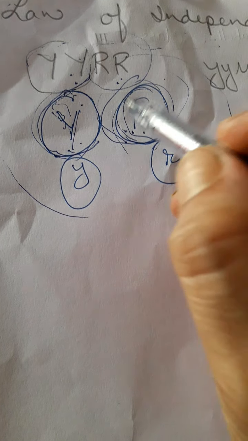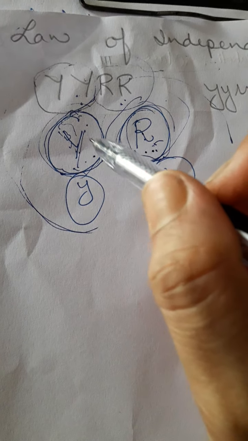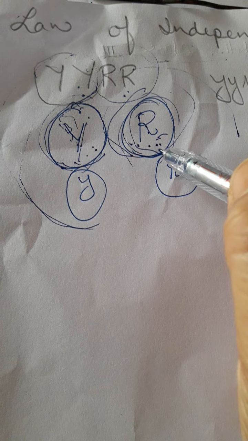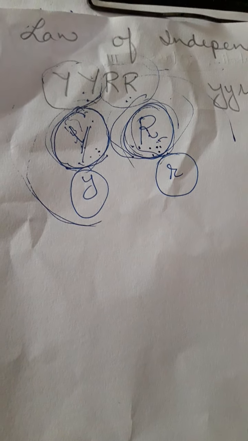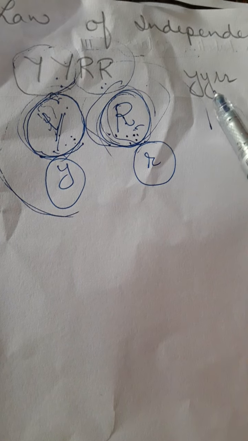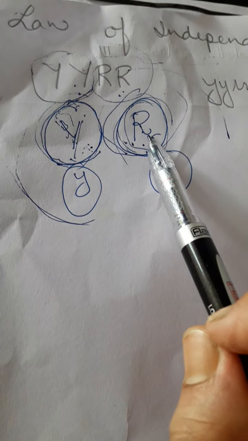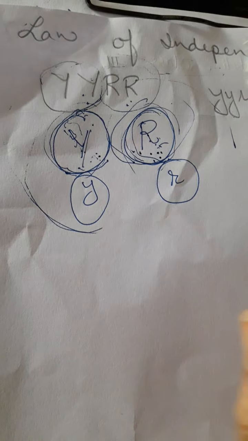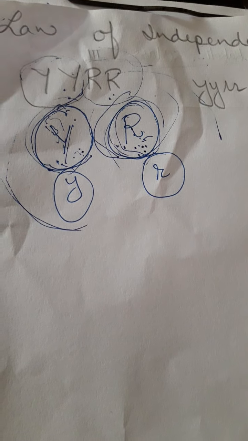The statement is given to you, but the basic concept of this statement is that the two genes representing two different characters of a particular organism will behave independently of one another. That is the law of independent assortment. Now when you are asked to describe this law, you have to put the statement first, then show the dihybrid cross, and then mention that Y is not at all dependent on R for its expression, and vice versa, R is not dependent on Y for its expression. That independent behavior of characters leads to the law of independent assortment.